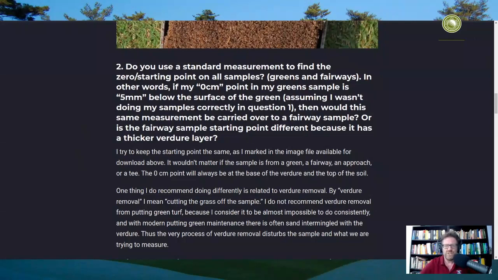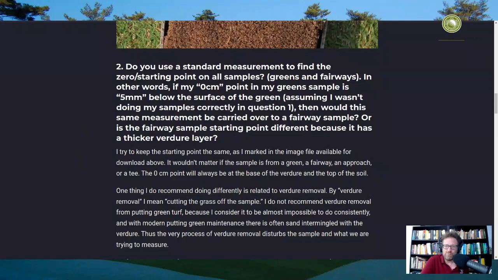fairways or tees or approaches, and some people do, I think the justification for leaving the grass on the sample completely goes away once we have higher heights of cut of turf, and it's much easier to cut off the above ground plant material without losing a lot of top dressing sand and without destroying the sample and without introducing inconsistency. So my recommendation for doing OM246 testing is if you are doing this for putting greens, because putting